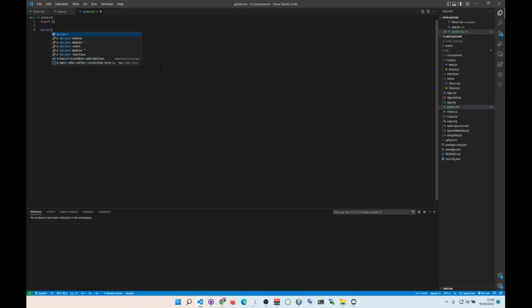So one, we're going to create an interface, right? We're going to do declare global like this, and then let's do interface name. The name is going to just have name and a string in it. Okay. So now let's go into